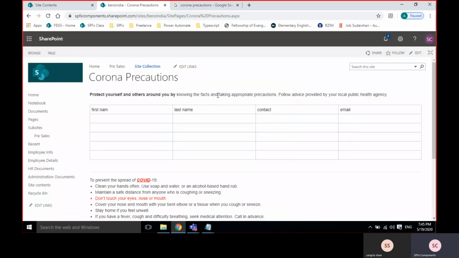So everyone is able to view now. If you have permission, you can edit it now. But even if you have permission, if I am working on it and I do check out, then you cannot edit it.